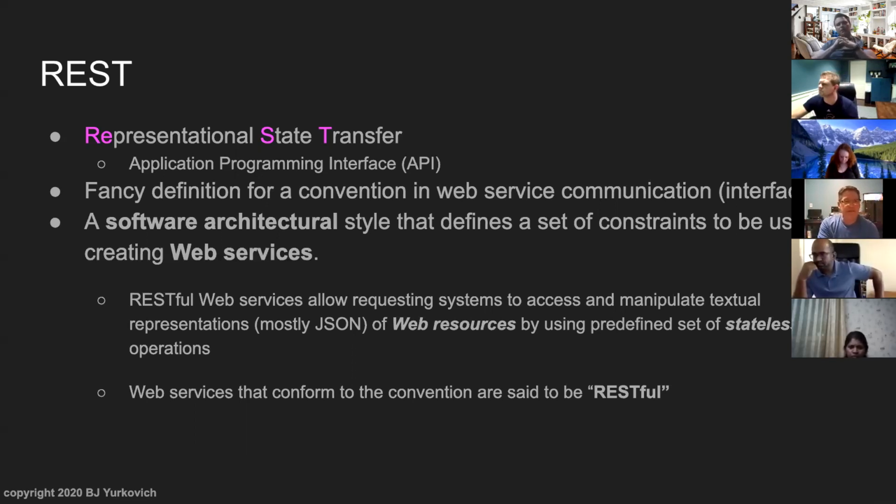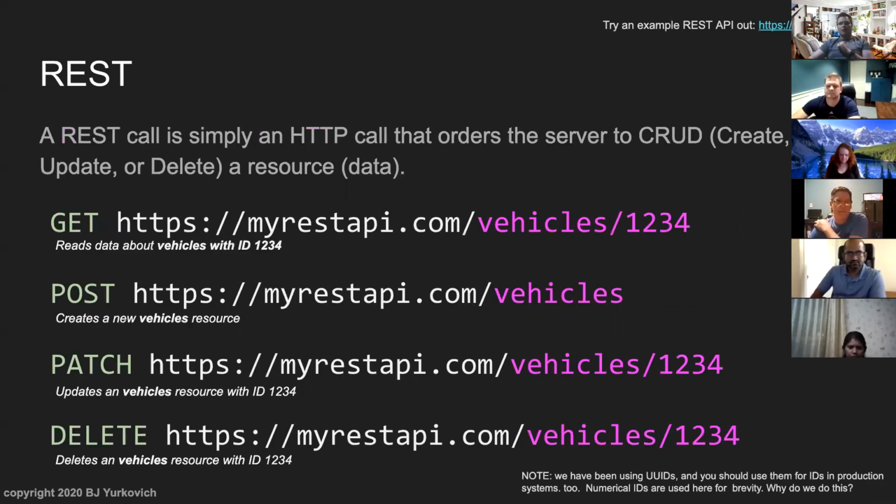And so typically, RESTful web services use JSON to communicate back and forth. JSON is that language, the way we speak back and forth. Just like we're speaking English right now over Zoom. Zoom you could think of as RESTful, and JSON is the English that I'm speaking, if you want an analogy, so to speak. And so when we say that a web service conforms to a specific convention, you might hear me say that's RESTful. And so we typically say, oh, that's a REST API, or it's a RESTful web service. So that's all that means. It's just a style in which we architect our HTTP APIs.